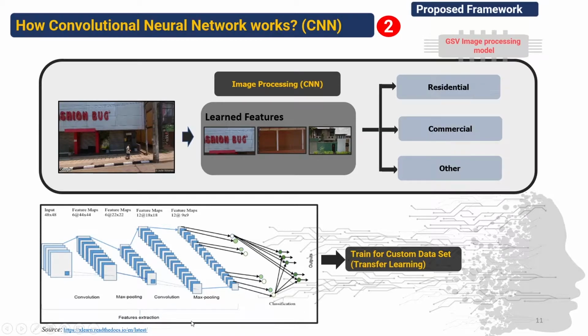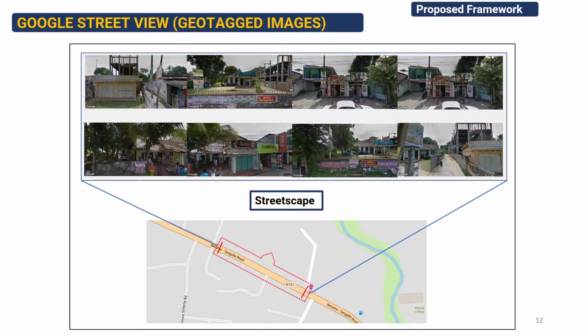So this is an example of a neural network architecture. There are some hidden layers and software technology things. So in our case, we have trained a model to identify residential and commercial buildings from a given streetscape image. Right. So why did we take streetscape images, Google streetscape images? Because Google Street View images are the most widely available image source in the world. So that's why we took Google Street View images.